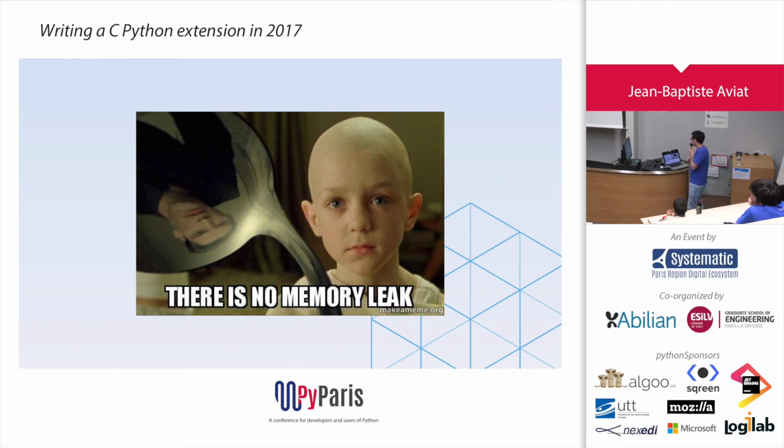So when you call a leaking C function from Python, if you do it once, it's okay. If you do it in an iterative way, and if it happens a lot of times during the life of your program, then you'll get trouble. Because if this function leaks and you call it multiple times, it will keep leaking, and you will crash your process because it will run out of memory.